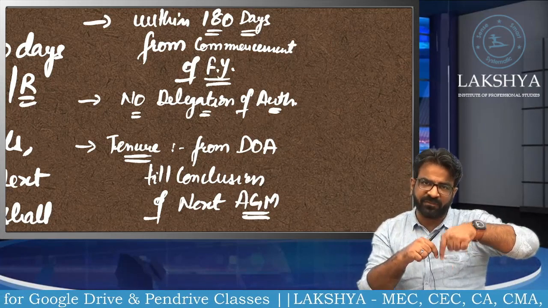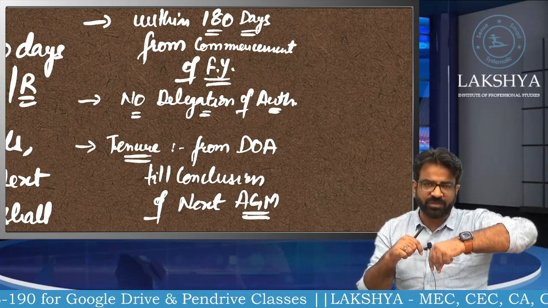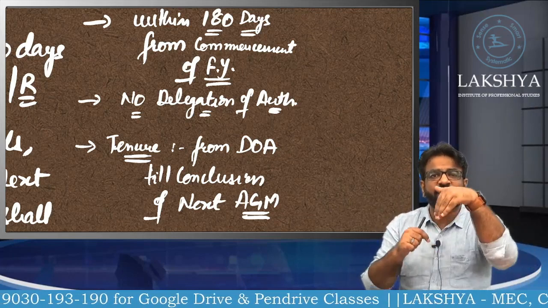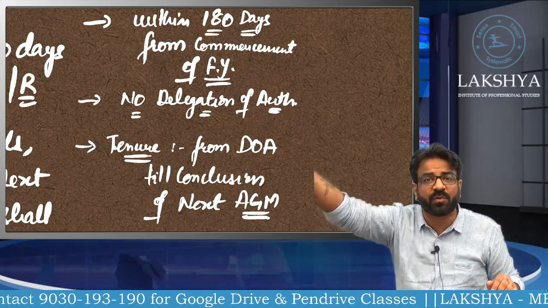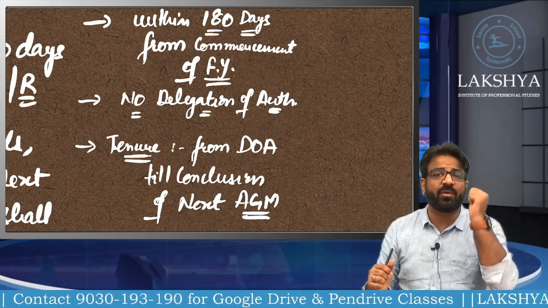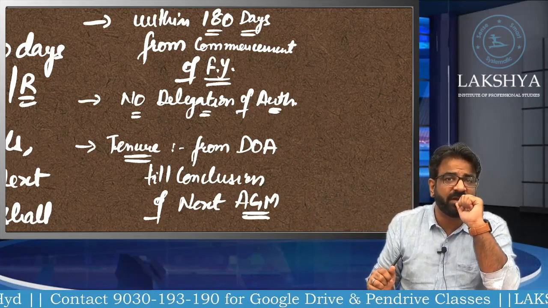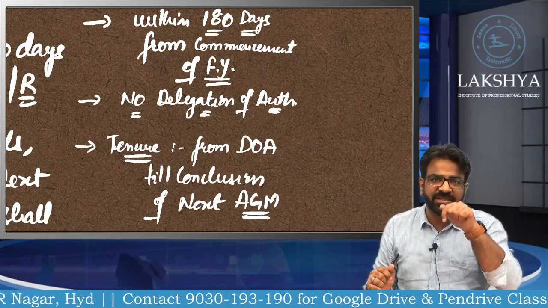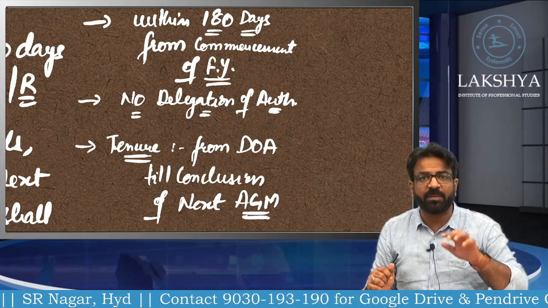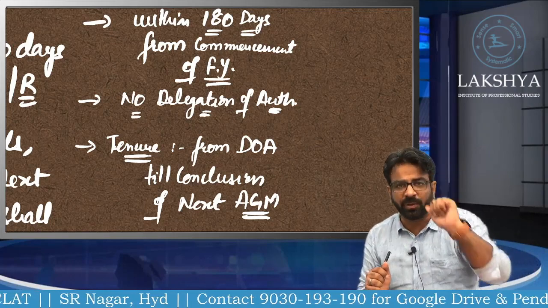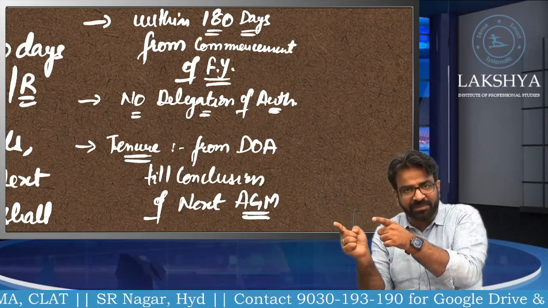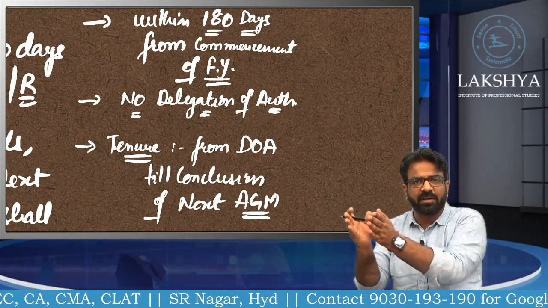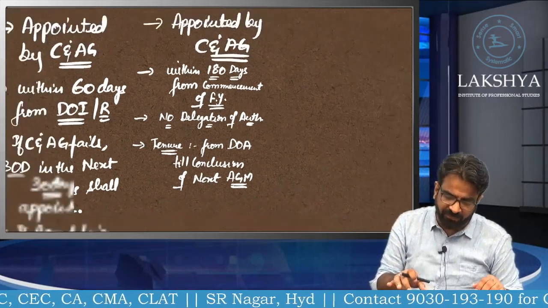So up to first AGM, first auditor held the office. Now first auditor will leave. Who will come? New auditor will come. He will hold the office from his date of appointment till the conclusion of what? Next AGM. Now tell me, when will the 2021 financial year AGM be conducted? In 2021 or 21-22? AGM of 2021 will be conducted in 21-22. So till that AGM, this auditor will hold the office. So it means from date of appointment till the conclusion of next AGM. I hope everyone is clear.